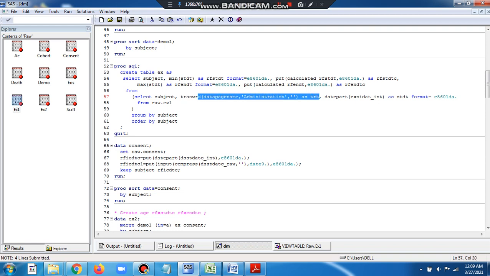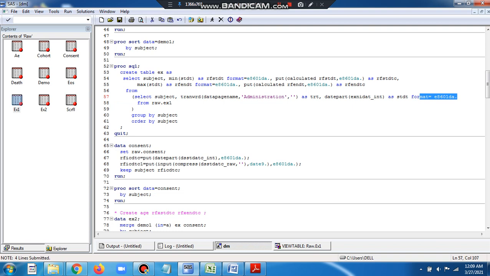So here I will get adriamycin, and then I am using the datepart function to extract the date value alone from the date and time value. Exposure is the variable from which I am taking the date part alone, and I am calling it start date, formatting it into an ISO format.